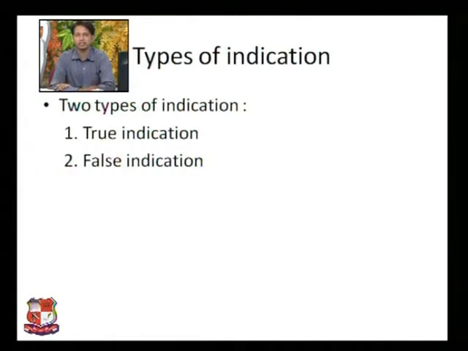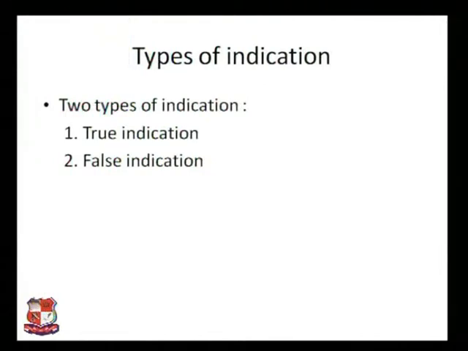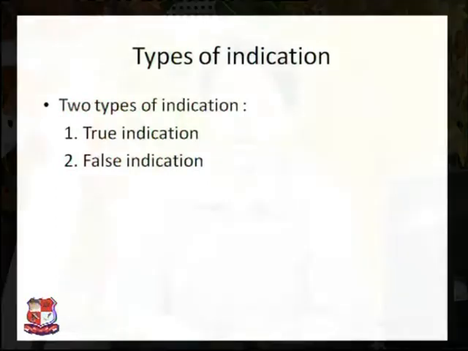There are two types of indication. One is true type indication, and the second one is false type indication, which does not represent defects on the material, and in the same manner true type indication represents the defect on that material. So from that, if we are finding the advantages of this method, let us check the advantages.